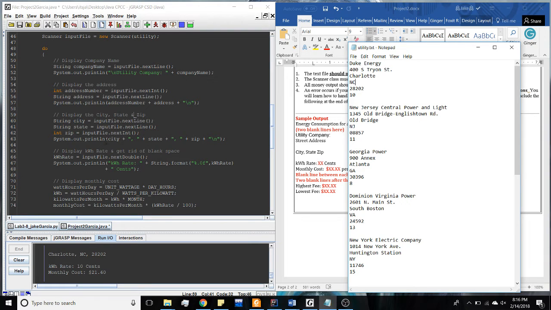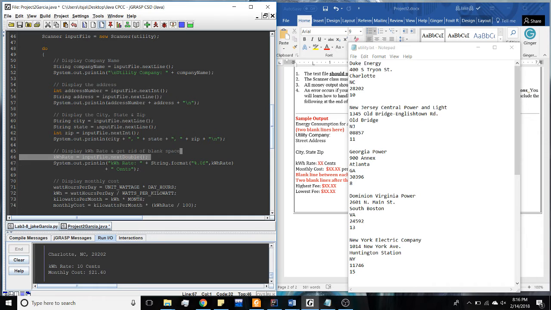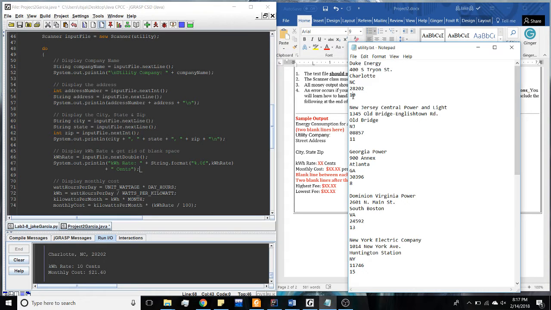Anyway, so we print the city, which was the next line, state, and then we get the zip, right? That's pretty self-explanatory. Then we display kilowatt rate and get rid of blank space. The blank space is the part that gave me the most difficulty because I wasn't understanding how exactly the next line method worked. But anyway, kilowatt hour rate equals input file dot next double, right? So kilowatt hour rate is this 10 right here. Okay, so input file dot next double,